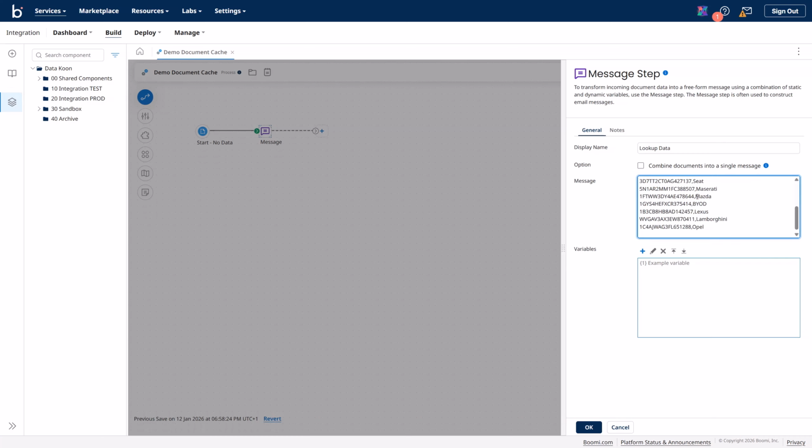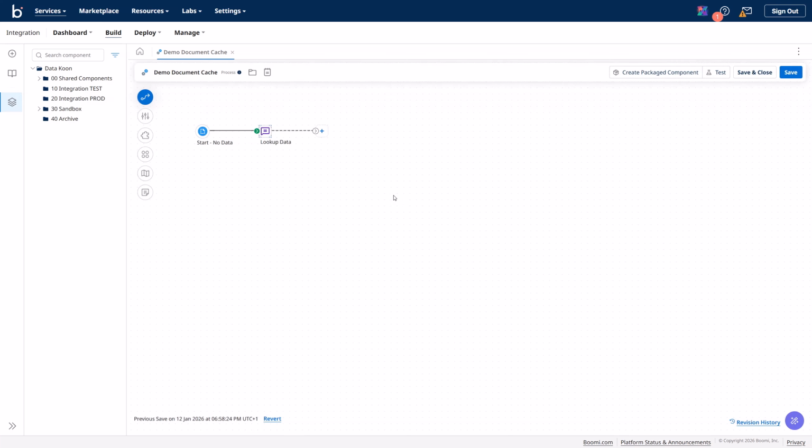This message, paste it in. You see buyer ID, buyer name, and then the rows containing data. So we have the data now, and next is